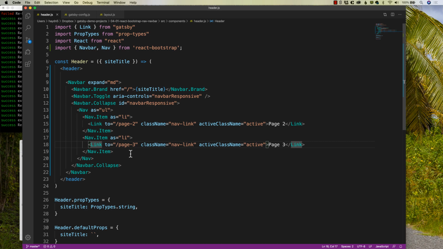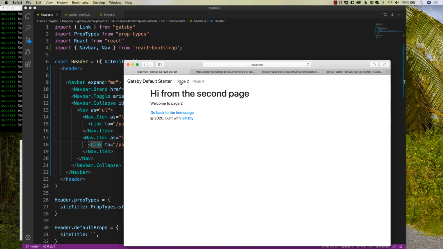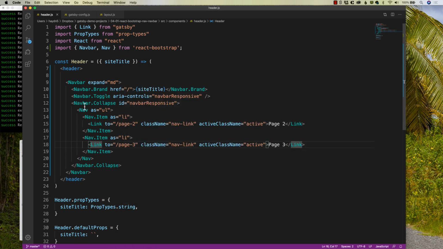Now, the other thing I also want to think about too is that I might want to have the navigation on the right-hand side of my design. I don't necessarily want to have it on the left-hand side. So in order to change that, it's actually fairly simple. In the nav, after the as UL section, I'm going to say class name. Now we are typing JSX, so class name is lowercase class, uppercase capital N, equals, and in quotes, we bring back a